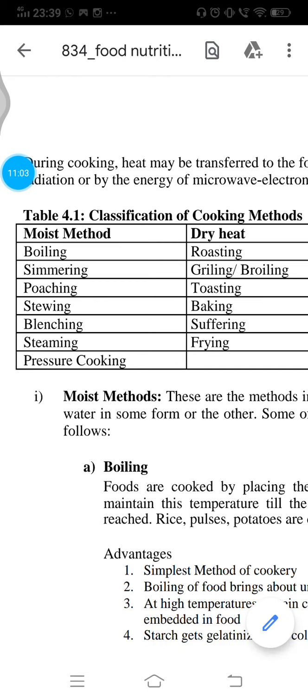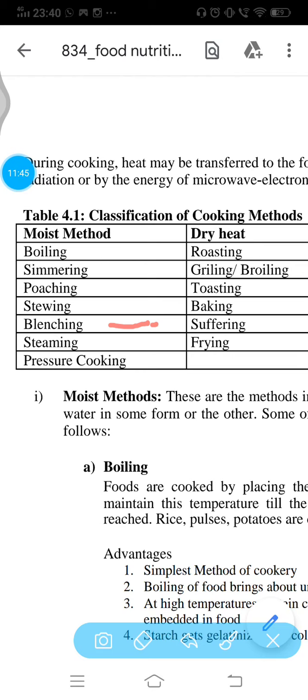The next method of cooking is blanching. What happens in blanching? We keep the food inside the liquid to cook, but the duration would not be long. It would be for a certain duration in boiling water, for a few minutes, just to soften the food, and then we put the food in ice cold water. Like in the making of chow mein, you have all seen, first it is boiled, then it is suddenly cooled with cold water to retain its structure.